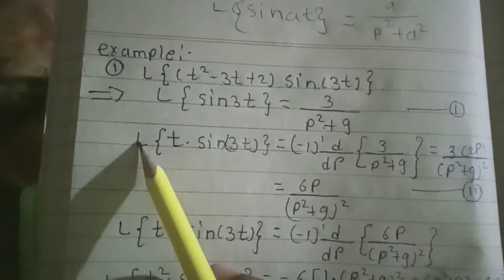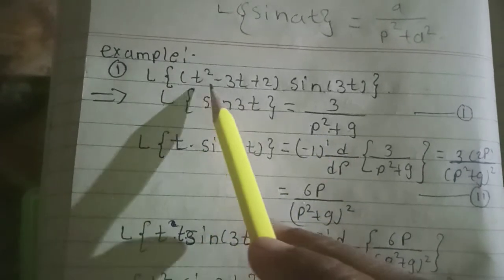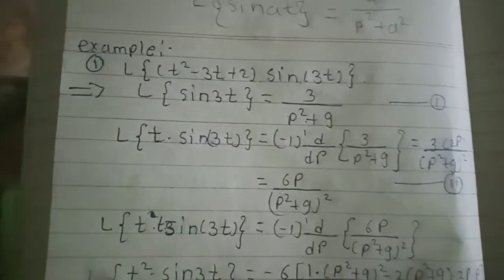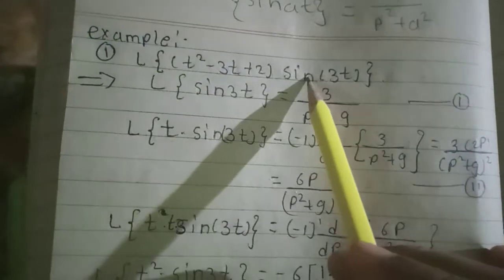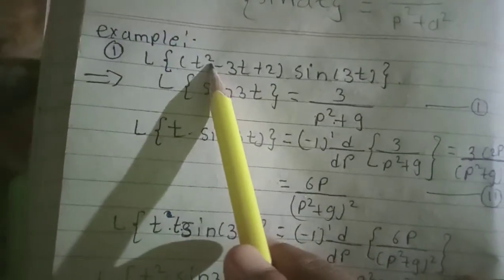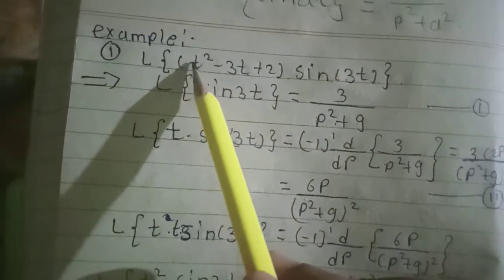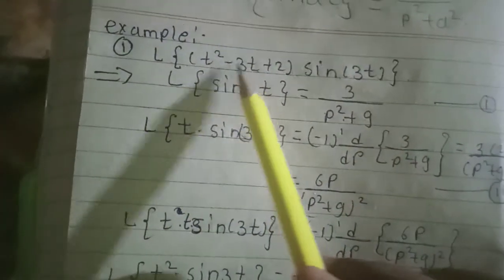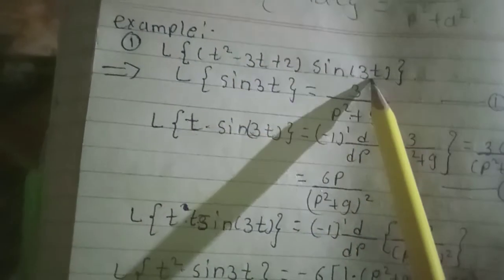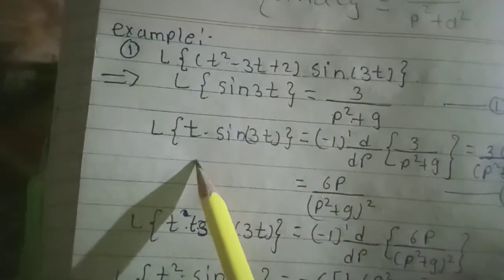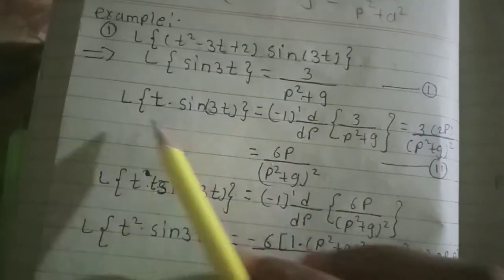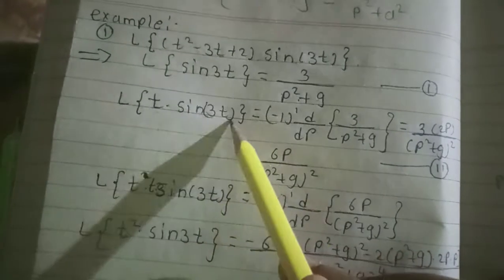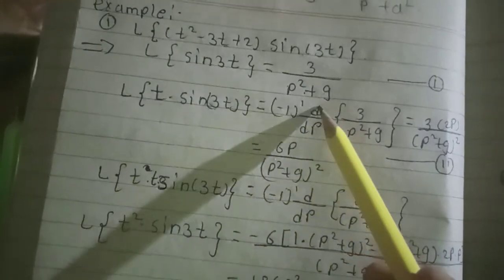Then we know the above theorem. The Laplace transform of t square minus 3t plus 2, when we multiply by sine 3t in this bracket, gives t square into sine 3t minus 3t into sine 3t, plus 2 sine 3t. So we require here t into sine 3t. We solve here: the Laplace transform of t into sine 3t is equal to minus 1 raised to 1, d by dp of